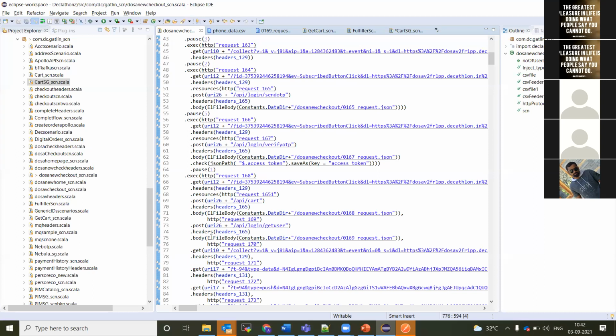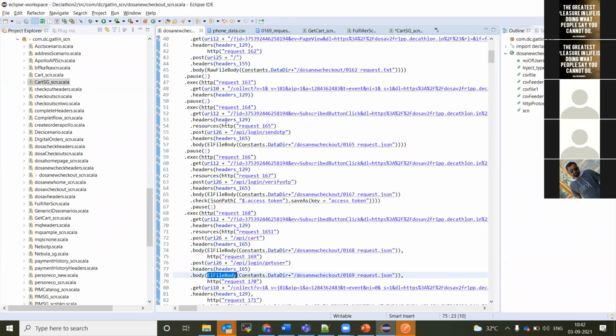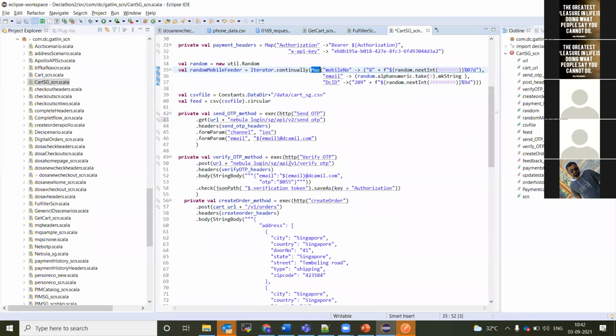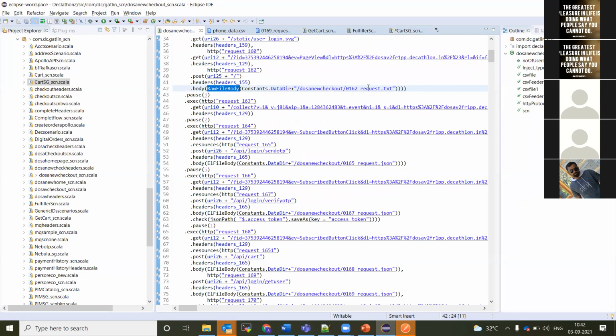Okay. So either you can give here as EL file body or raw file body. I can say raw file body, or you can even send it as a string body. So all these things come under the body for the POST method. If it's a string body, you can directly post all the JSON inside the triple quotes. It's a string format. This is how you have to send it if you are passing through string body. And if you are going to send the raw file, just the raw file should be fine.